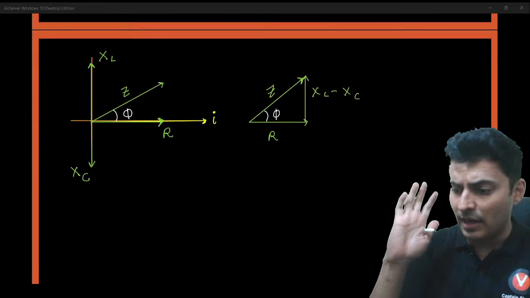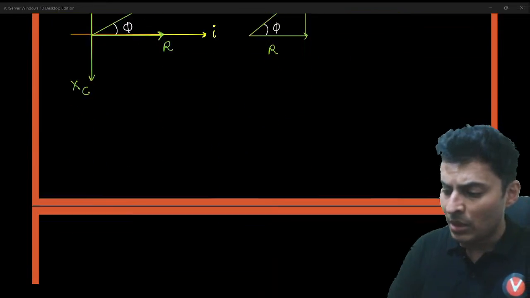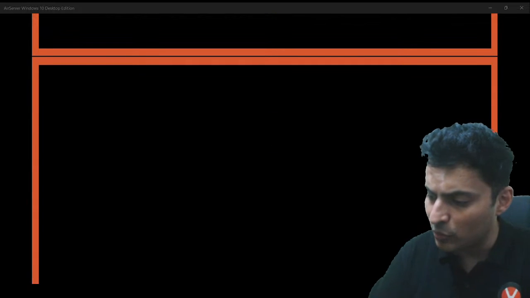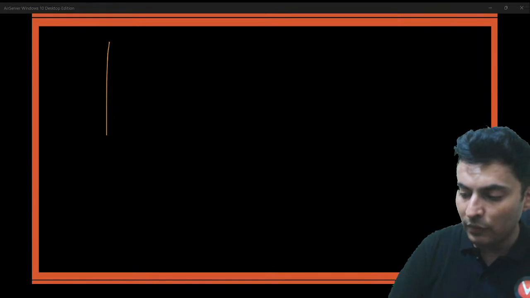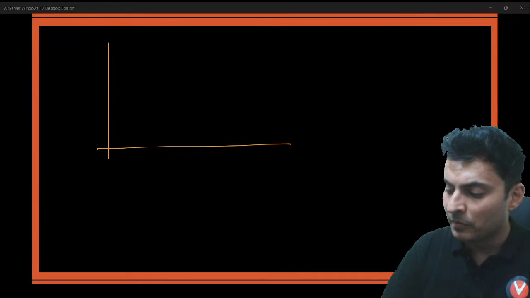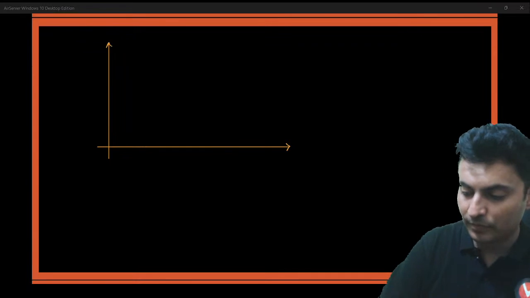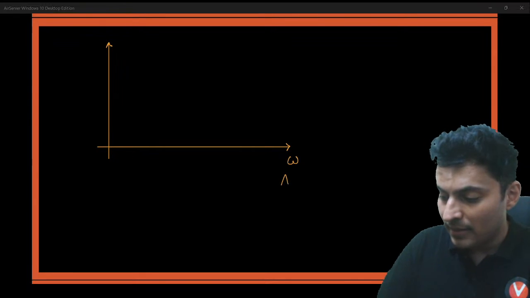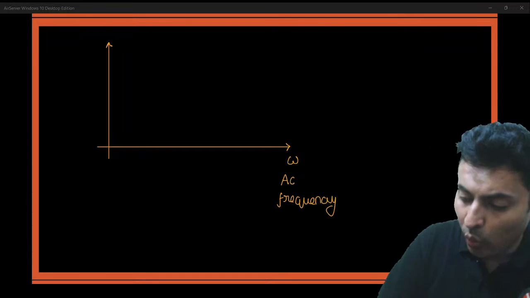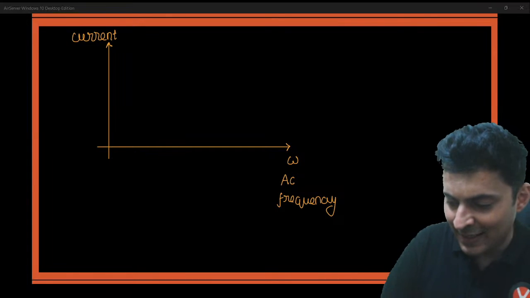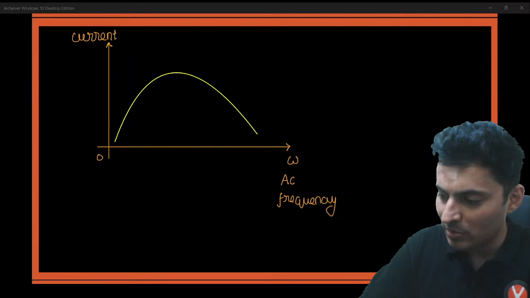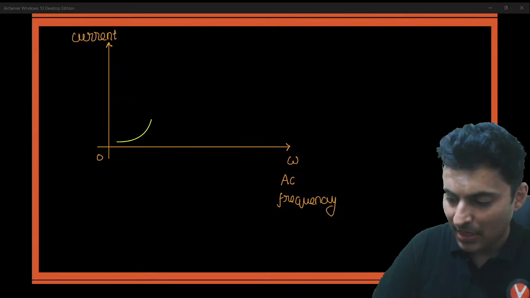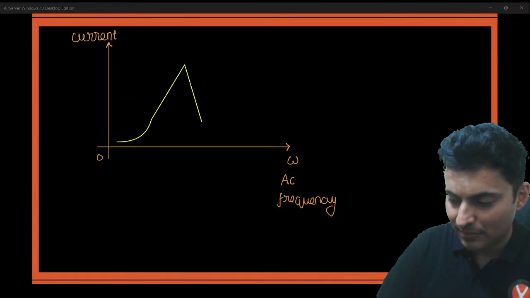Are these phasor diagrams clear? Then we will move ahead to another diagram which you must know, and that is with regard to the resonance part. If you draw a graph of AC frequency versus the current, this graph looks very nice. Something like this. I don't know whether it will come. Oops. Oh, it didn't come. It's like this. Oops.